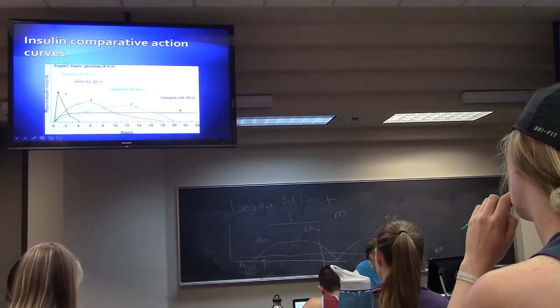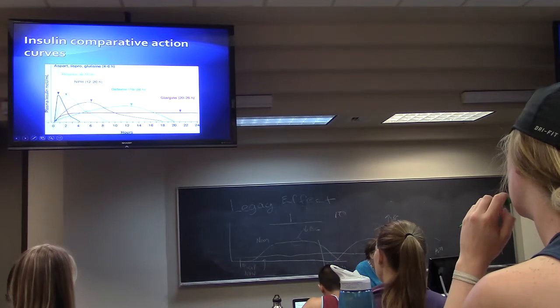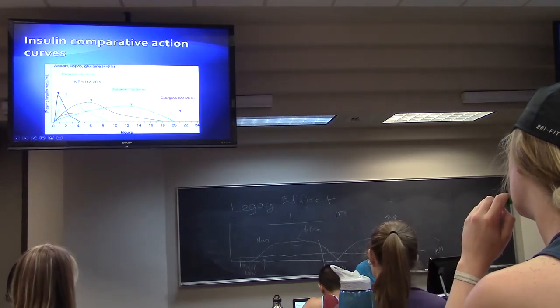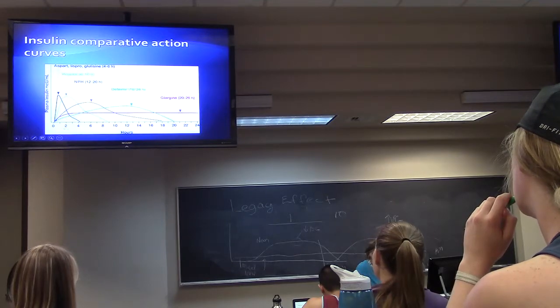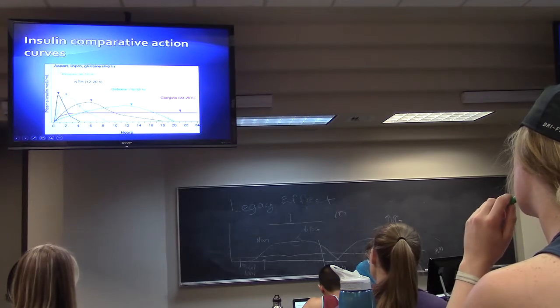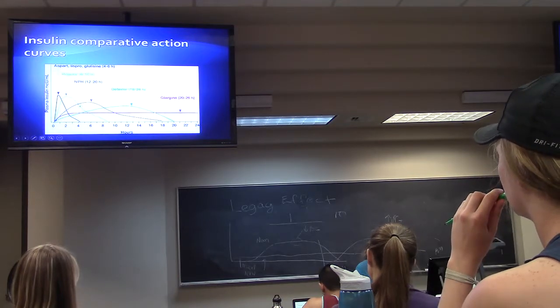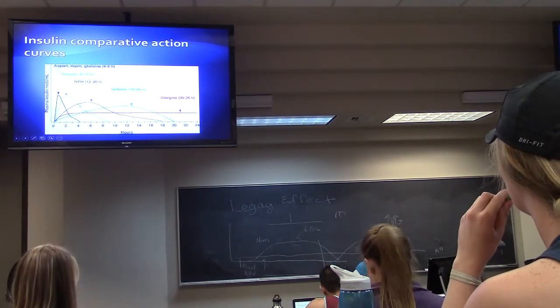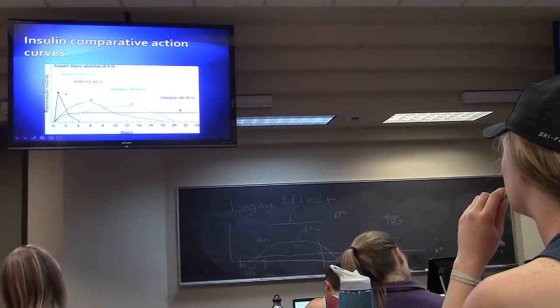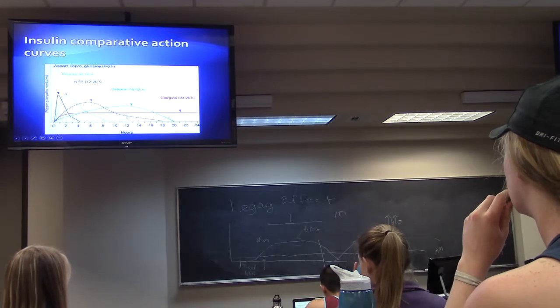Here's NPH, here's Detemir, this is Levemir, here's Glargine, that's Lantus. So with NPH, I was showing you that peak and a little bit more sustained effect that occurs. So again, onset, we've got pretty much full action in about 4 hours. So we're always going to dose that usually at breakfast or first thing in the morning. And then by noon, they've got pretty good sustained effect throughout the day, and then by the time they get to supper, we're usually going to dose this one every 12